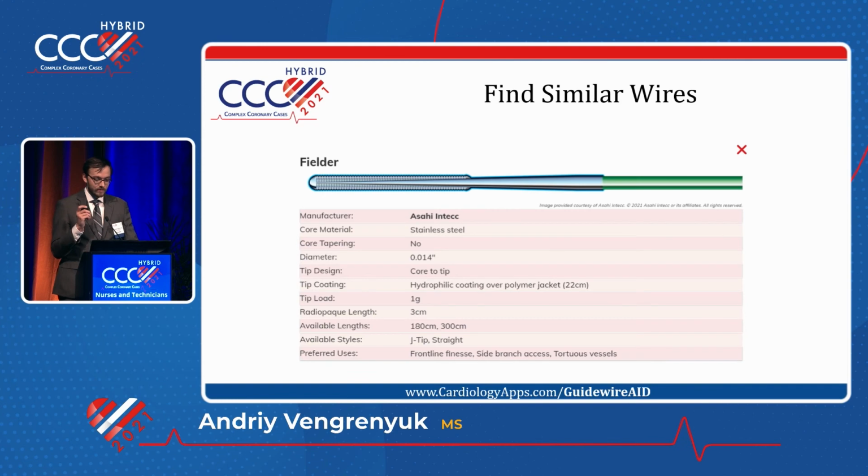So one example of how I could use this is in yesterday's cases, this particular wire was mentioned a lot, but let's say your cath lab doesn't have this wire. You would find the characteristics such as stainless steel, hydrophilically coated with a polymer jacket, and it's soft, 1 gram,